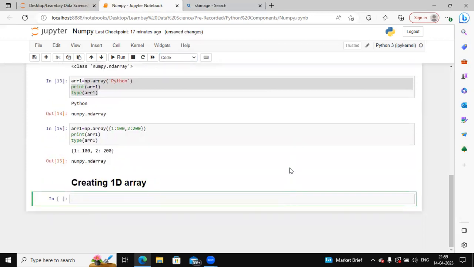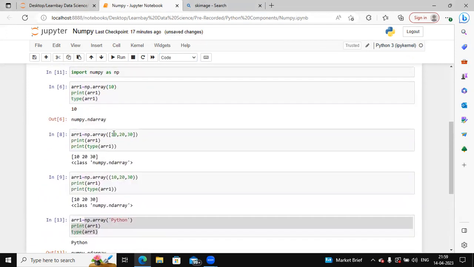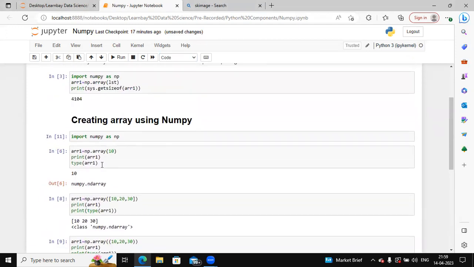Okay. So now let's start with creation of one-dimensional array. So we have already seen some examples of one-dimensional array. Let's check the data type for each of that. So what we can do is let's check the data type here,